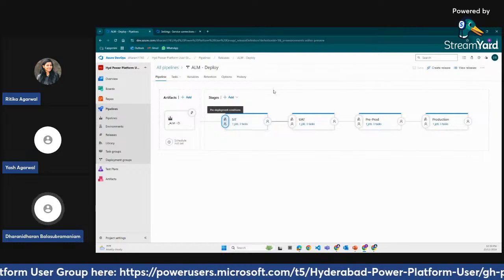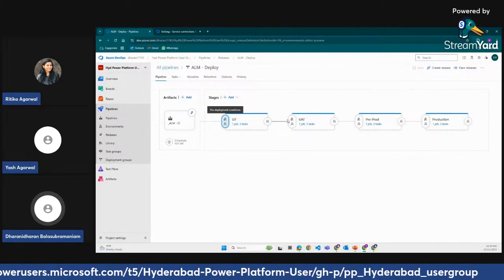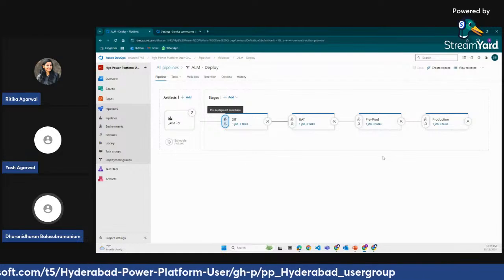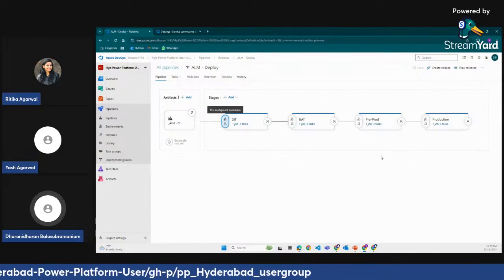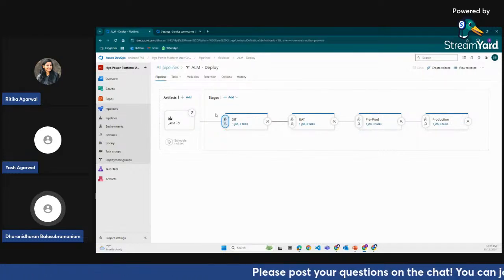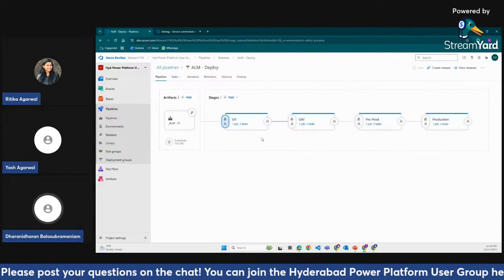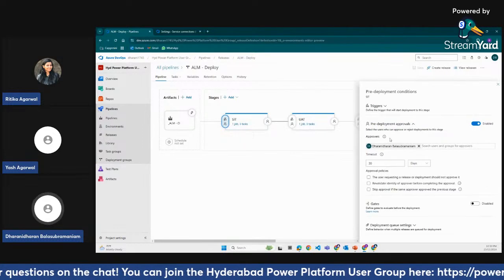In your release pipeline, you can add multiple stages like this. Even if you have more environments, you can configure your stages and execute only a particular stage. For example, if the build succeeds, but you want to deploy the solution only to SIT, and you want to skip UAT, pre-prod and the production environment, that is also possible. And you can configure the approvers as well.